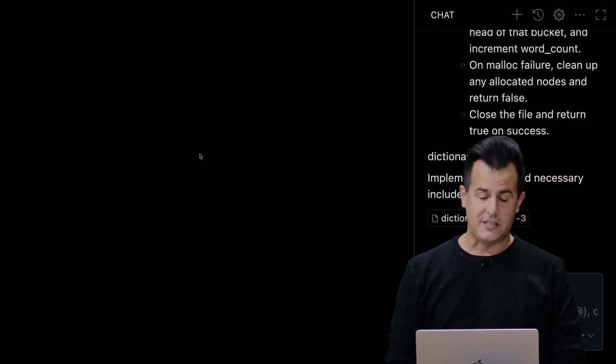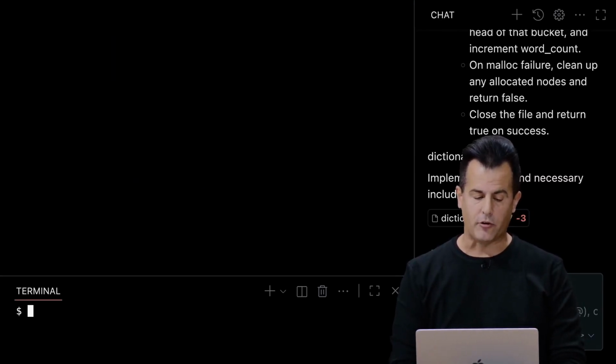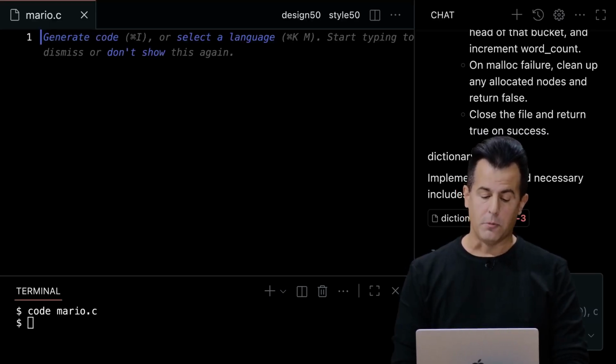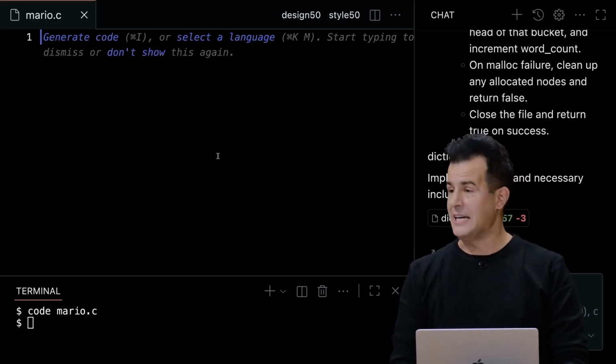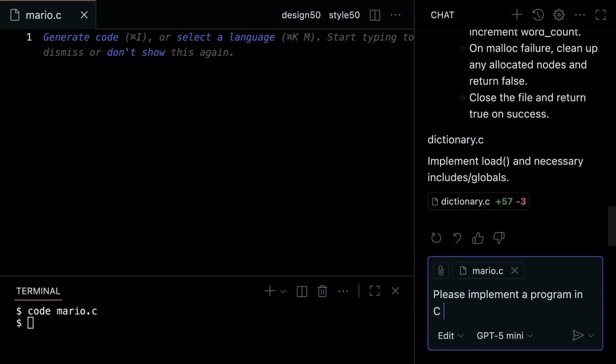A fun exercise, too, might be to go back at term's end and try solving any number of the course's assignments. For instance, let me go ahead and do this. In my terminal window here, I'm going to go back to my main directory. I'm going to create an empty file called mario.c that has nothing in it. And I'm going to go ahead in my chat window here and say, please implement a program in C that